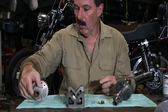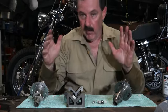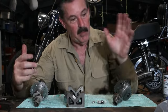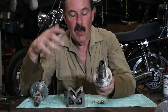Anyway, I was about to fit this. Well, anyway, I got it timed. I got the cam degreed in, and I was about to put the cam in the engine for the last time. So once I got it degreed,